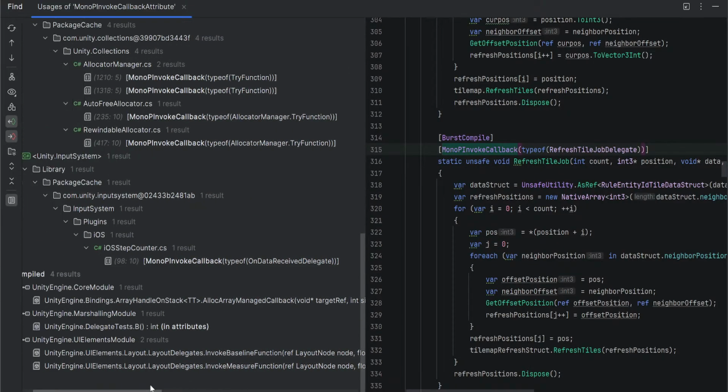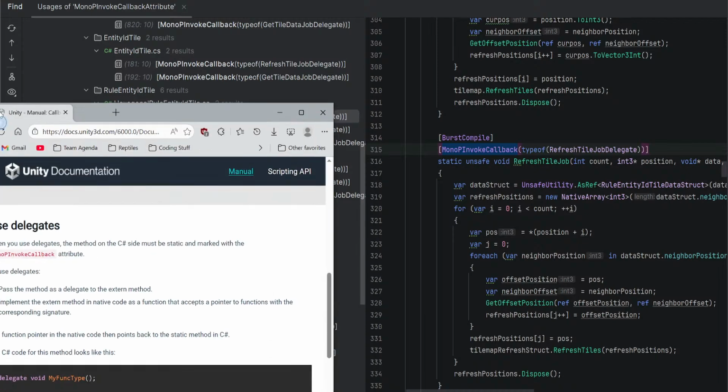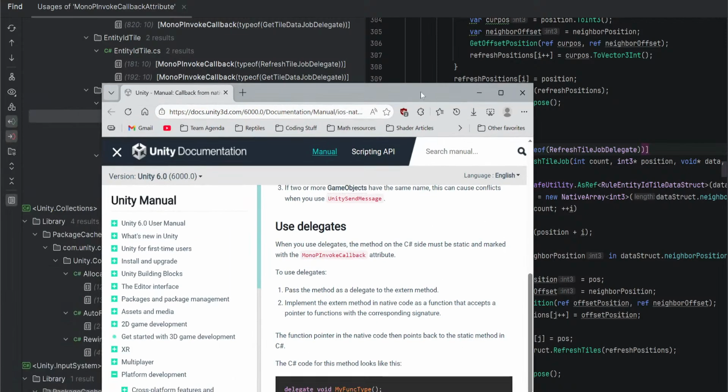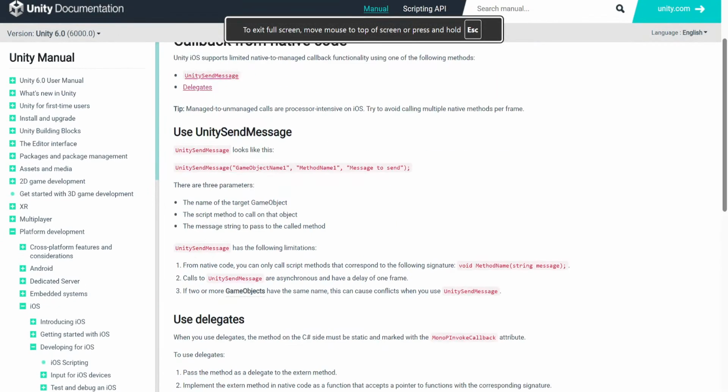Ooh, this is gonna be a fun one to learn about. Okay, let's see if there's actually documentation on this in Unity. I'm pretty sure I already get what this is used for, but I want to actually see it, because I'm assuming it's just related to callback to native code with a delegate. Oh yeah, okay. It's just allowing Unity to know that you're just calling back to a